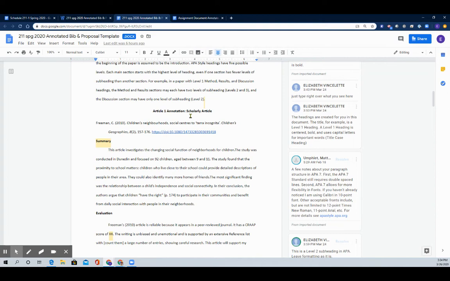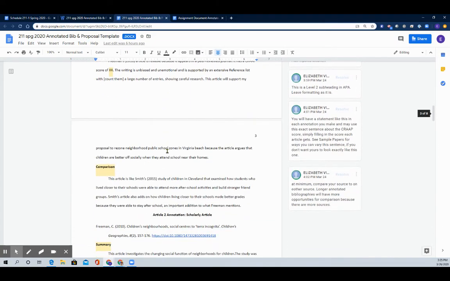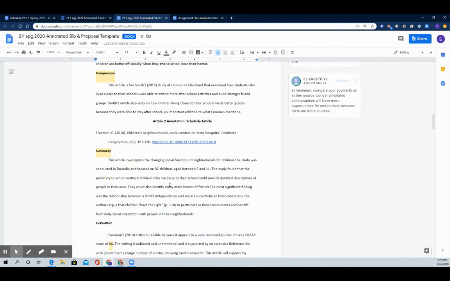I will warn you, though, that if your professor asks you to use the old APA, this is not for APA 6, this is for APA 7. The other thing I'll tell you is that individual classes will still have their own instructions. So you can use this for formatting, but you need to make sure that your professor's assignment is similar with the formatting and that kind of thing. Okay. You basically type right over top of this.